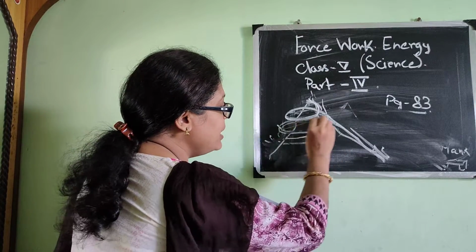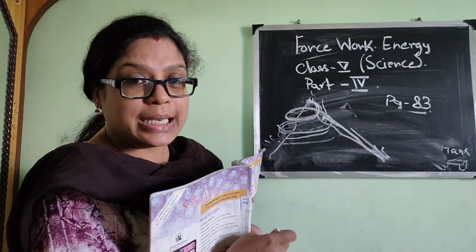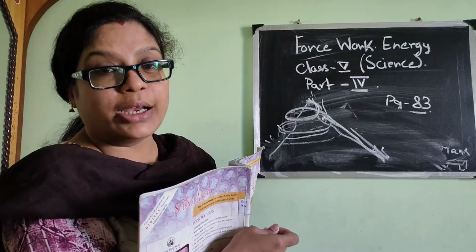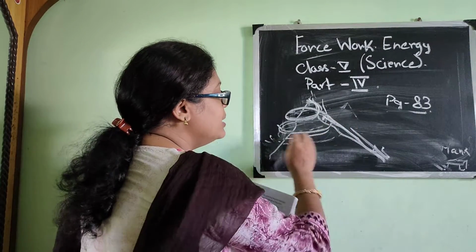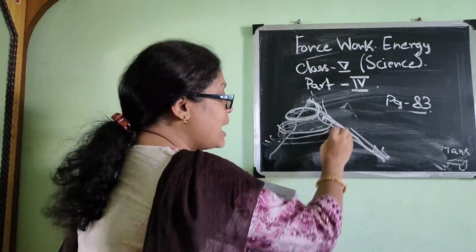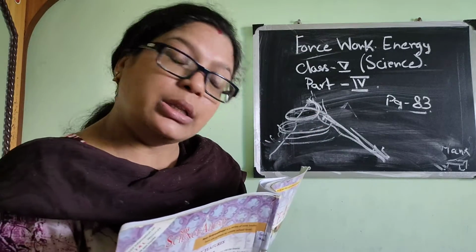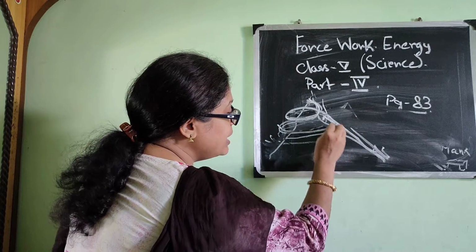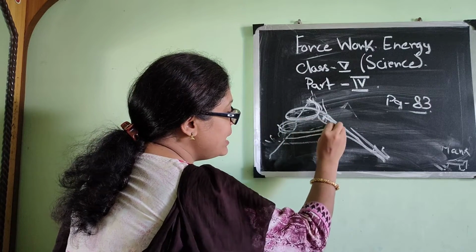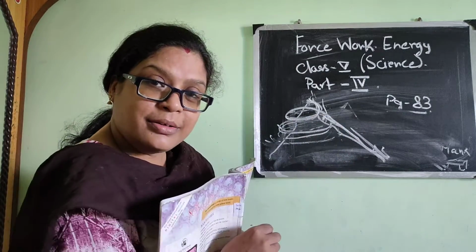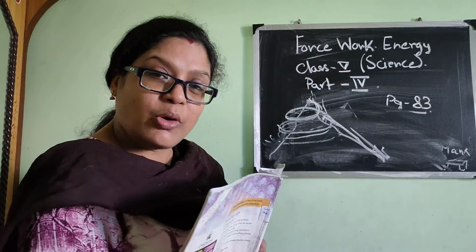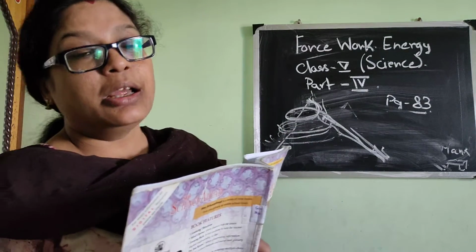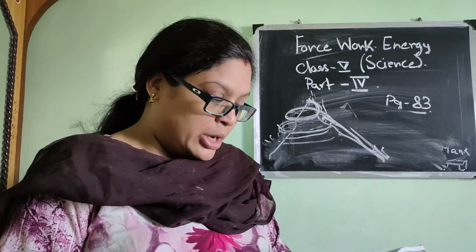But here what is happening, to make it easy for the driver to ride the car, the road is being made like this, and thus the distance of the road is becoming more because for reaching from here to here they have to cross the entire road and then come here, and thus the distance is becoming more. That is why in a hill station we need more time to reach a particular place.